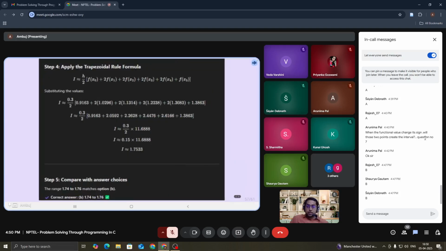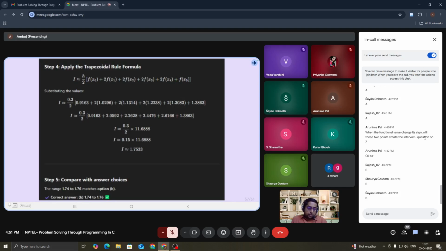Now applying the trapezoidal rule formula, that is h by 2 times f of x0 plus twice f of x1 plus twice f of x2 plus twice f of x3 plus twice f of x4 plus f of x5. Substitute all the values. I is approximately equal to h by 2, that is 0.3 divided by 2, and put down all the values, which I have already calculated in the previous slide. Then what is the value of I which I am getting? I is